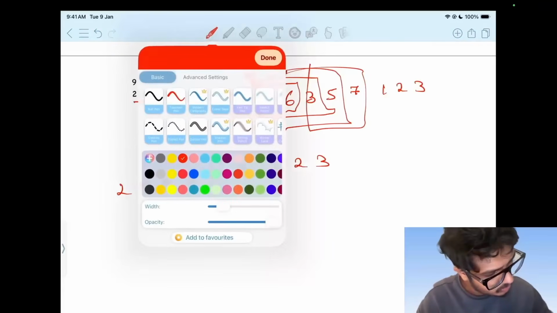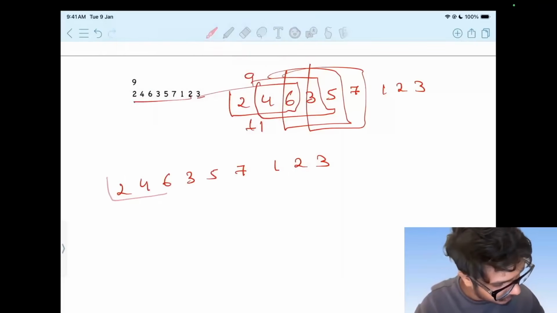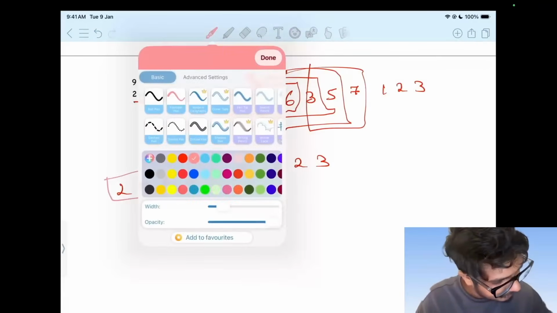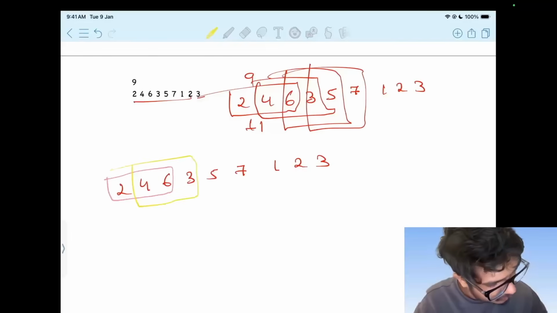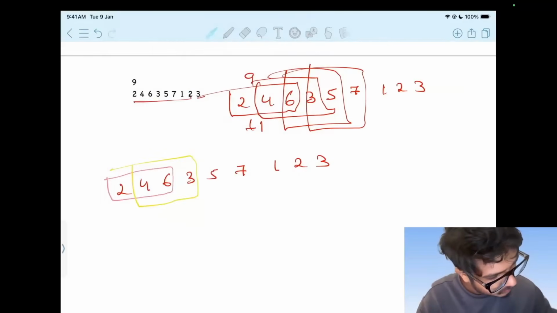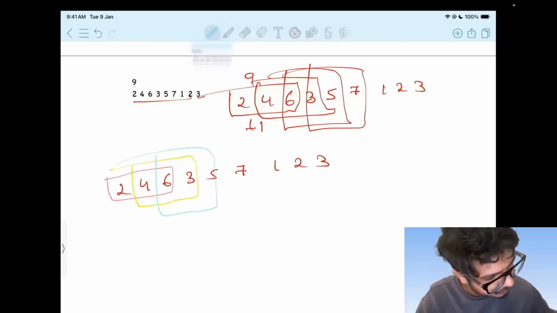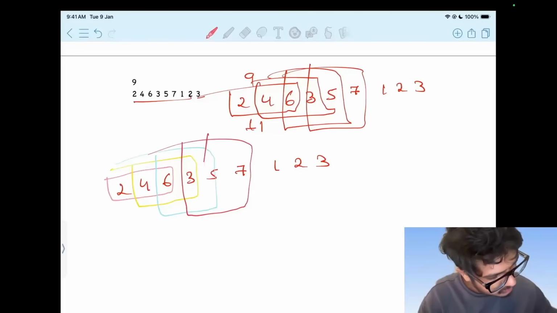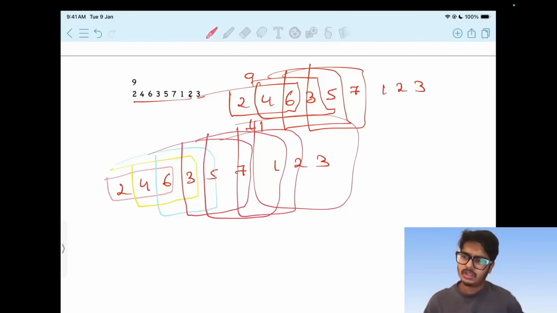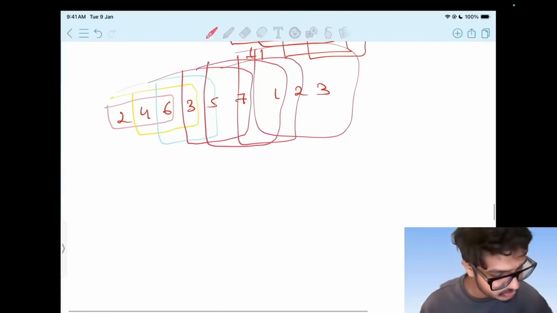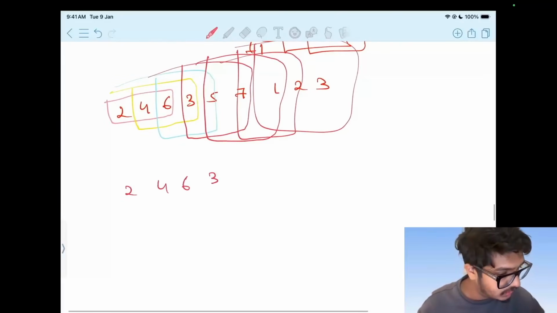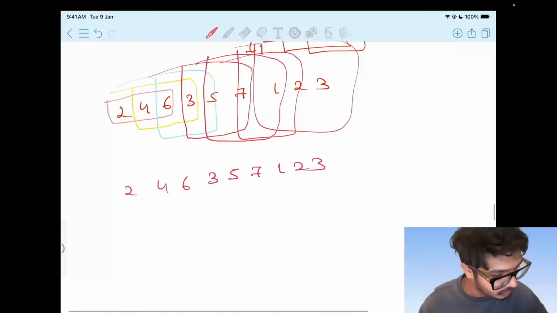Now let's say this is my triplet number 1 and this is my triplet number 2 and this is my triplet number 3. This is my triplet number 4. This is triplet number 5, triplet number 6, triplet number 7. We need to count for which triplets the power grid consumption is getting a failure. If you see among 2 4 6 3 5 7 1 2 3,